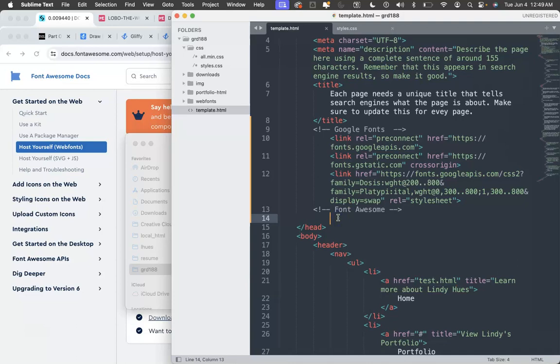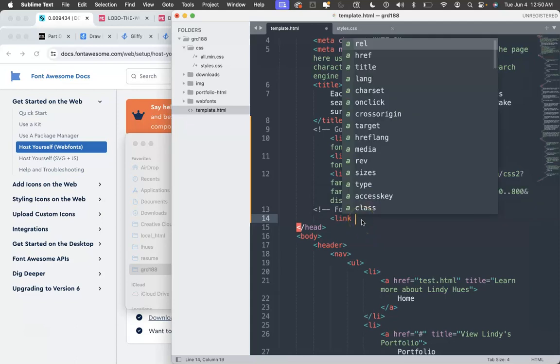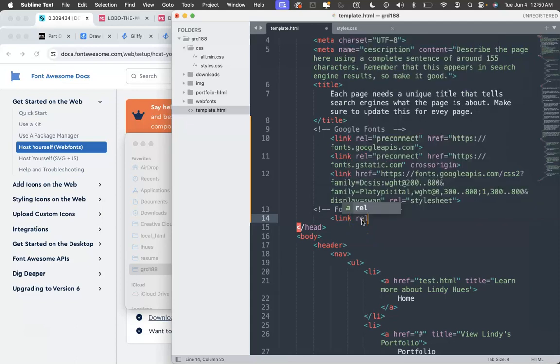So to connect to a style sheet, we need to use this link element in the head of our file. Notice I am here before head closes. And I'm going to use the link element. It needs to have a rel attribute that is going to be style sheet. And then it needs to have an href attribute. And in that href attribute, I wouldn't copy one of these Google ones, by the way. It has some extra attributes that we don't need. For a self-hosted relative file, we just need the link element with the style sheet value for the rel attribute,